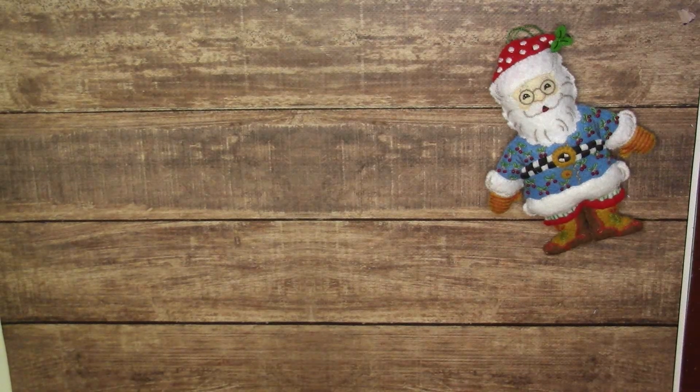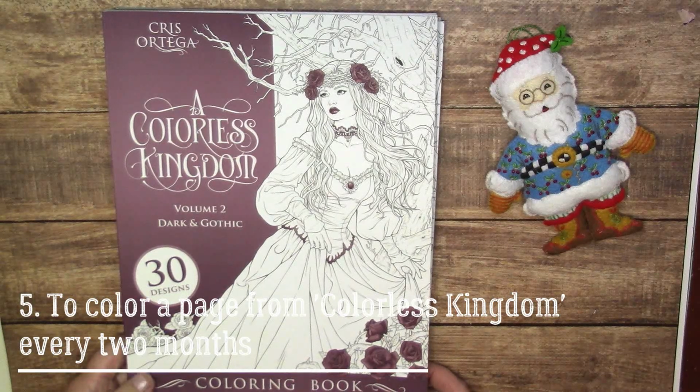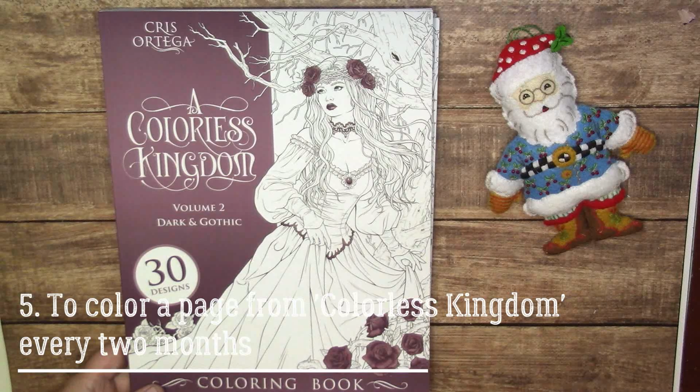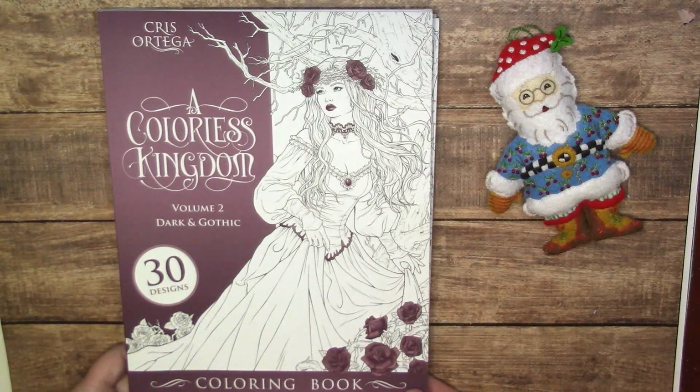And finally, not finally, but the next point in my to-do list will be to do a page from Colorless Kingdom at least every 2 months. Now when I think about a book with beautiful people, especially beautiful mythical fantasy creatures, that's definitely Colorless Kingdom. Since I decided that I won't be coloring any Selina Fenech book, she is now persona non grata on my coloring table, I decided, why don't I dedicate my time when I want to color some fantasy pictures to